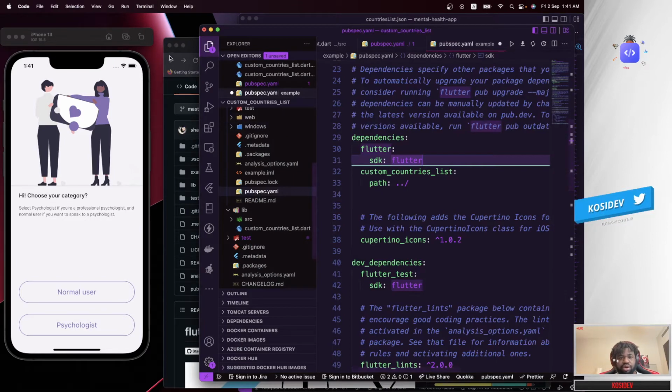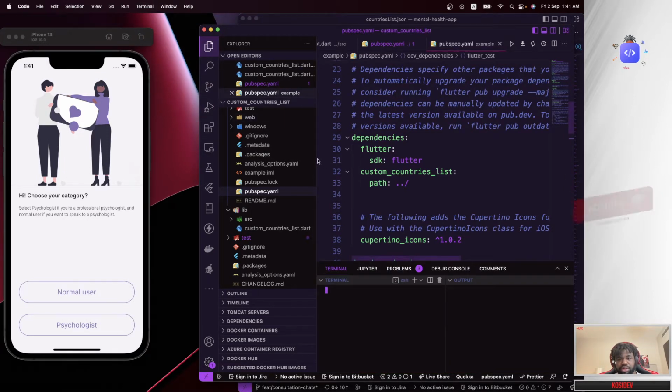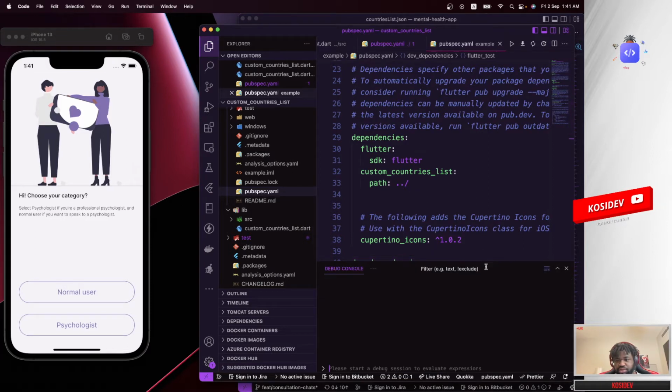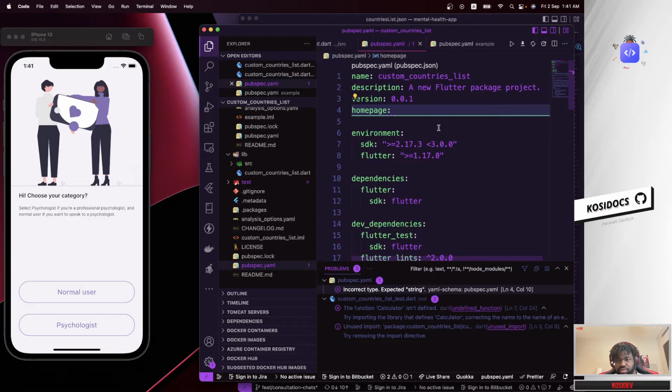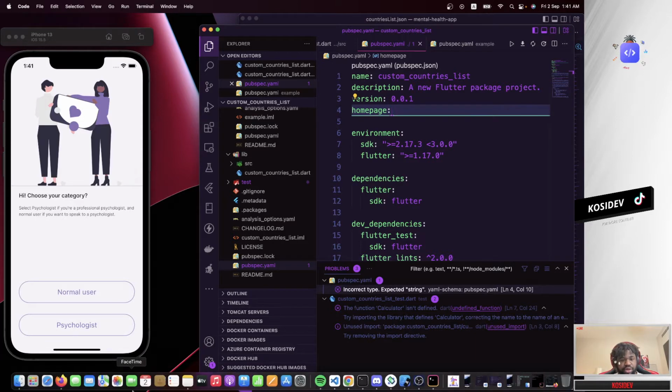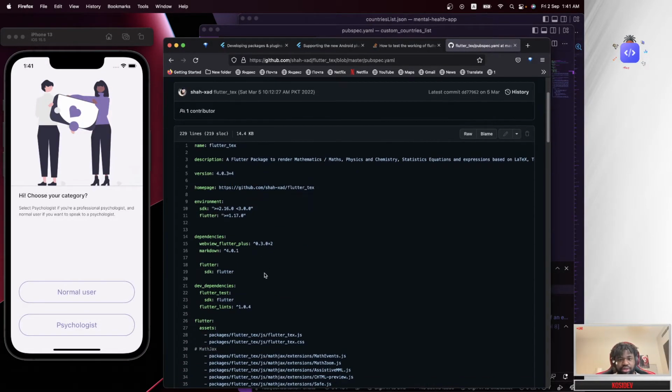Okay, so now we also have the similar structure right here. So let me go ahead and save this. Now terminal right here. See what that actually looks like. So it's telling us there's an incorrect type. It's expecting a string, and the string it's expecting should be a URL to a GitHub. Let's see. No. Let's look over here and see how, okay, a string to a